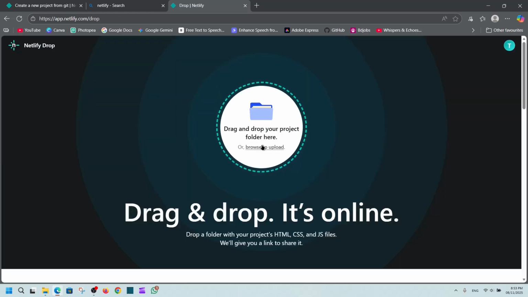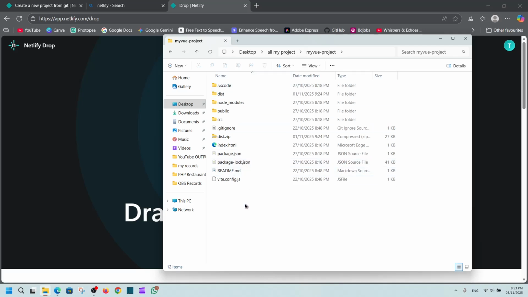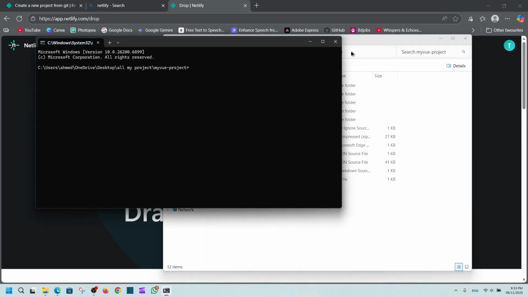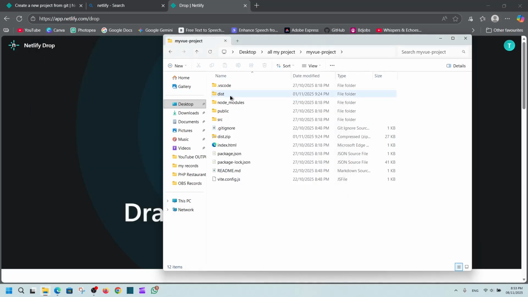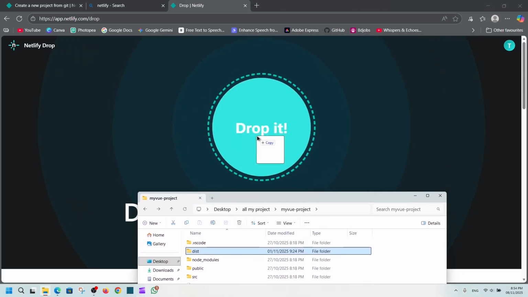Now here, drag and drop your project or folder. So we'll go to the project directory. This is my project. I'll go inside my project, and here you have to have this folder, dist. If you don't have this folder, you just have to open cmd from here and type npm run build. Then hit enter, and it will create this folder. After that, you have to add this folder. So just drag and drop the folder here,